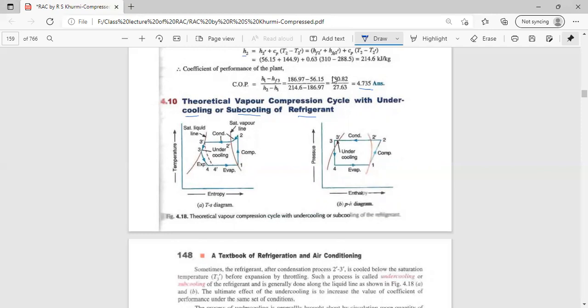1 to 2 is the vapor compression stage, 2 to 3 is the condenser stage, where heat is released to the outside atmosphere, 3 to 4 is the expansion stage, where the refrigerant expands from 3 to 4 dash, and 4 dash to 1 is the evaporation stage, where the liquid refrigerant is evaporated by absorbing latent heat from the surroundings of the refrigerator. So here what we are saying,